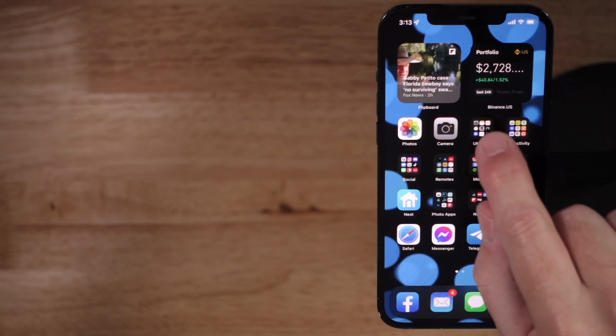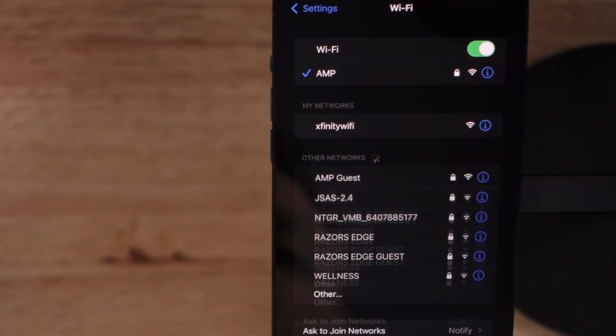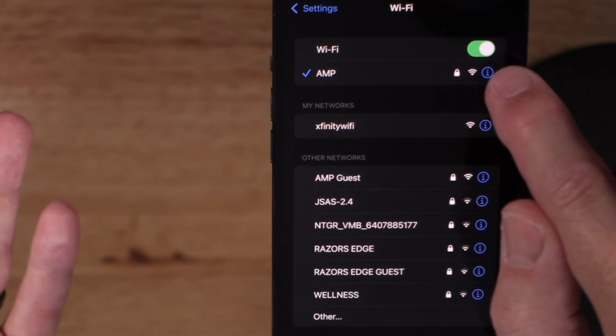If you're on a Wi-Fi network, say your home network, and you don't need to have it completely locked down and have a private IP address, you can actually designate that Wi-Fi network every time you connect to it to not be a private one, so that maybe you do get all of your benefits from your rebates, Rakuten, whatever it's called these days. To do this, you're going to go into Settings and then into Wi-Fi, and then whatever Wi-Fi network you want to alter from the default Hide My IP status,